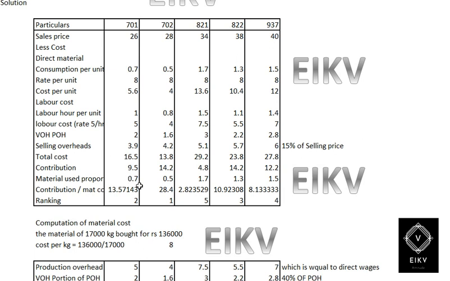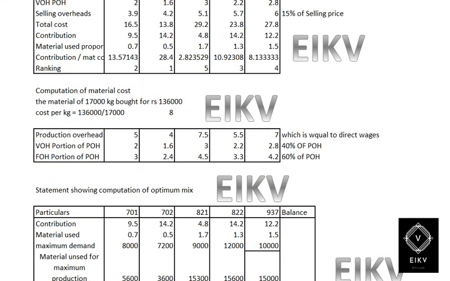Then take the machine used per kilogram: 0.7, 0.5 and 1.7 and 1.3, 1.5. Therefore, the contribution per material cost will be 13.57 and 28.4, 2.82, 10.92 and 8.33. So among these contribution per material,